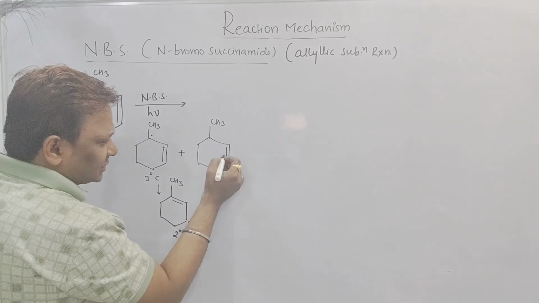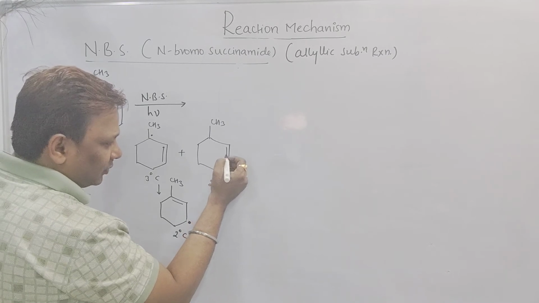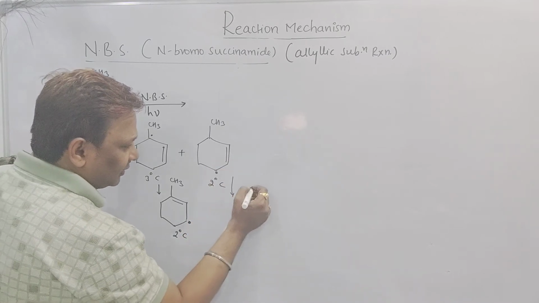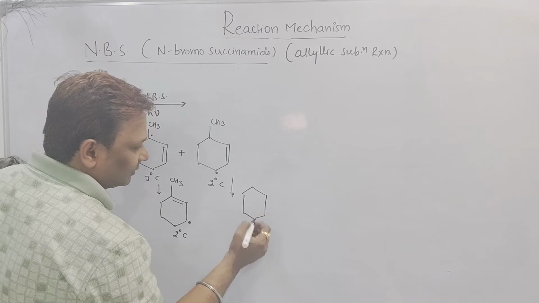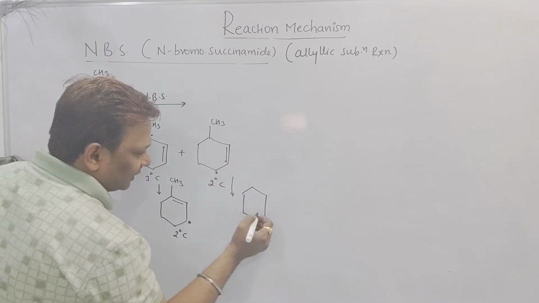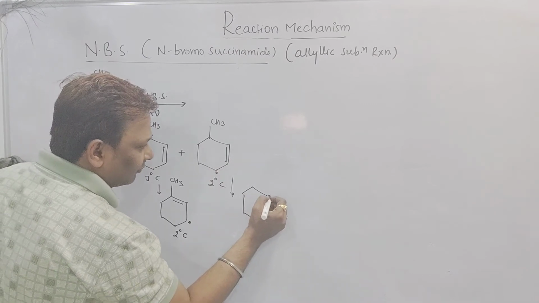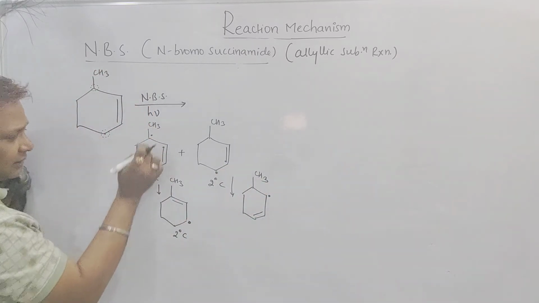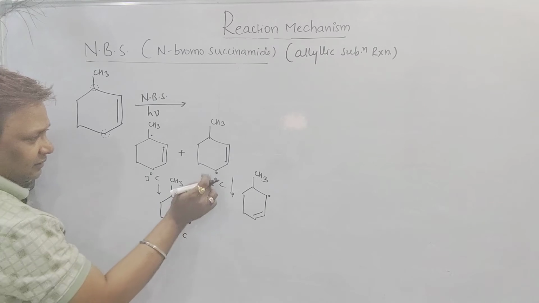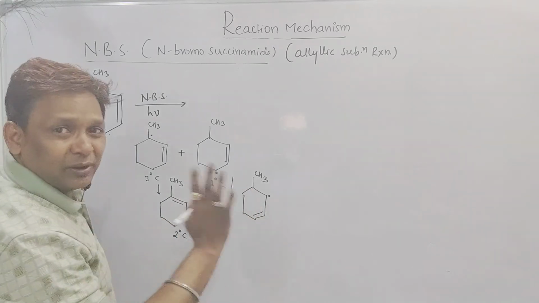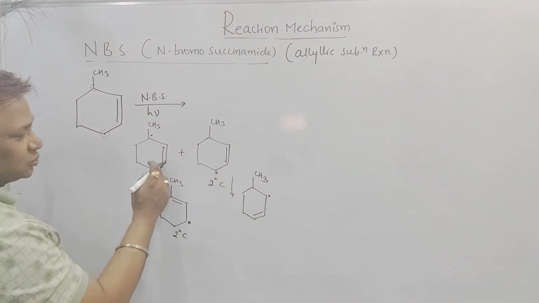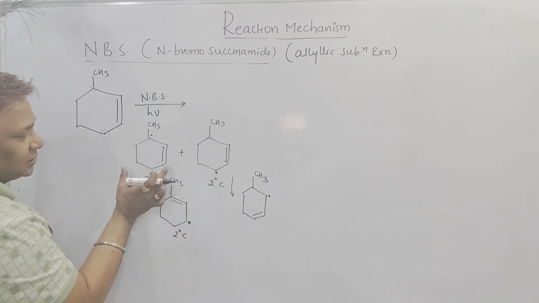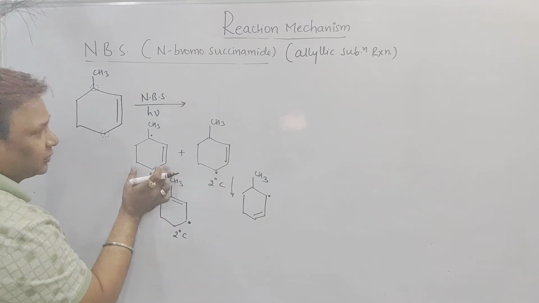But if you break this pi bond, from here we can get one more free radical. Check it, sir. This free radical will make a bond, but I got one more free radical and CH3. See beta, this one radical, this one radical, this one radical, this one. How many? 4 possible radicals I got. So based on that I am getting 4 products. So write down the product with respect to this one.